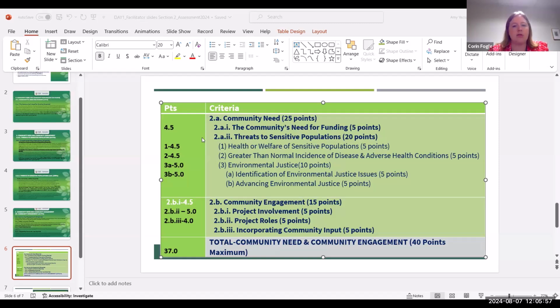So overall, we thought it was pretty well done, had a lot of statistics, and there were just a few things missing, like the link between the releases and health effects, and the links between the community groups and the actual target population. With the community involvement, we thought they had a good plan for the meetings and such. So overall, we thought it was pretty good.